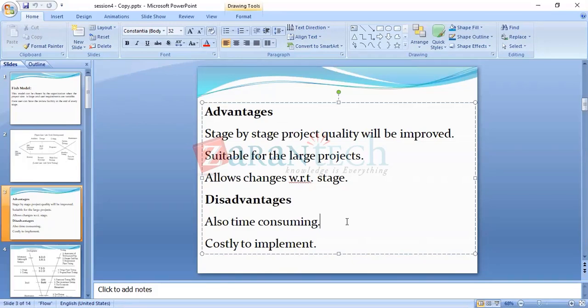Yes, SRS is the output for analysis, right?